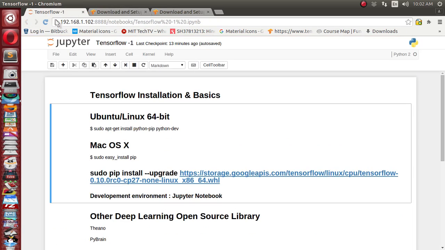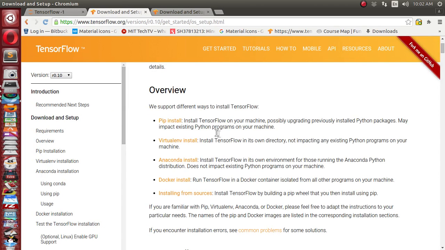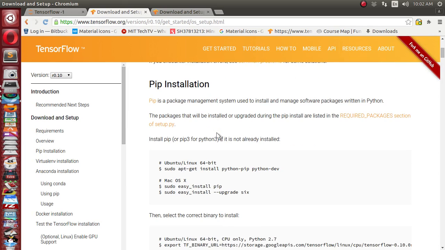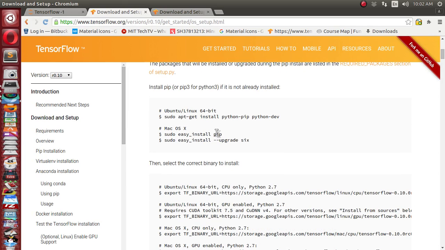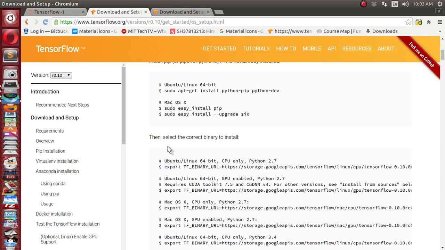That's why initially we installed pip. If you are on Ubuntu, you can use this one, and if you are on a Mac, you can use this one. Okay, so let's see the pip installation. It is already given for an Ubuntu and Linux machine which has 64-bit. One more clarity, it has to be a 64-bit machine. It may not work on a 32-bit machine.